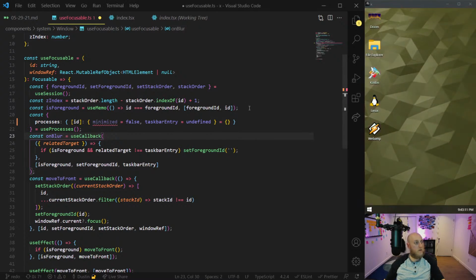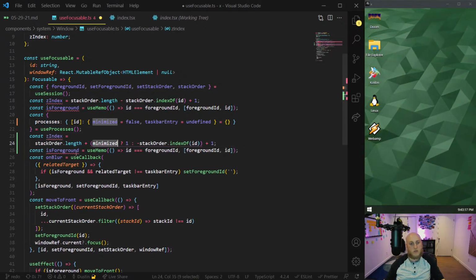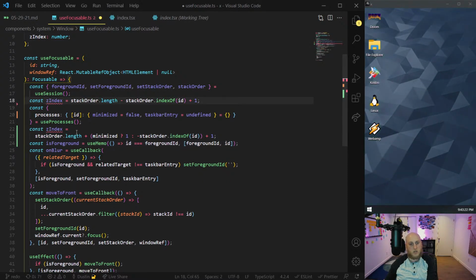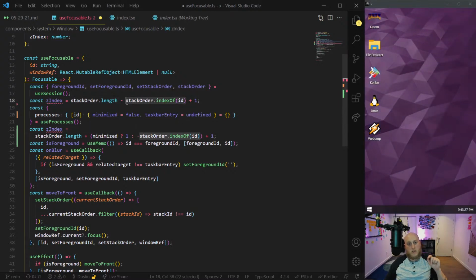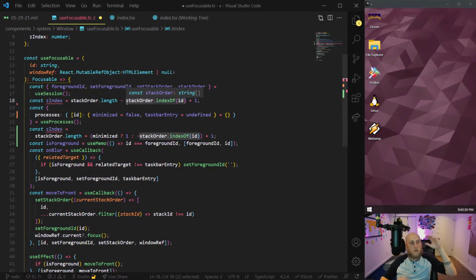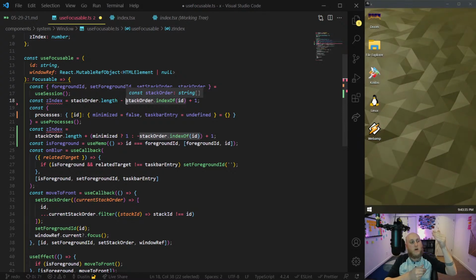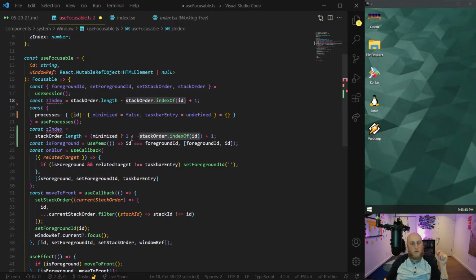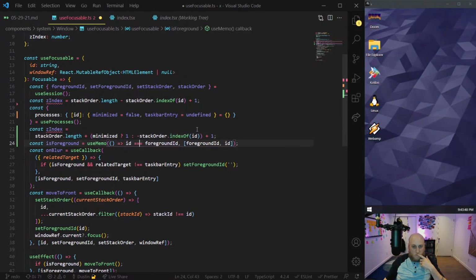So you see right now, z-index and is foreground is here, but I actually am going to move those here because I want to add the minimize logic. So this isn't changing here. This is exactly the same. But the z-index piece has changed slightly. Before I was just using this calculation, but now, let's say the stack is which window is in front, and the one at the top is considered in front, so 0 index is the way that I've decided to do the math here. But if it's minimized, rather than subtracting the difference, I'm using 1.